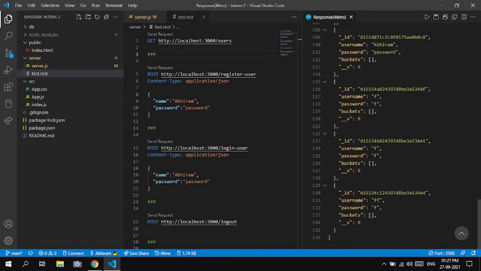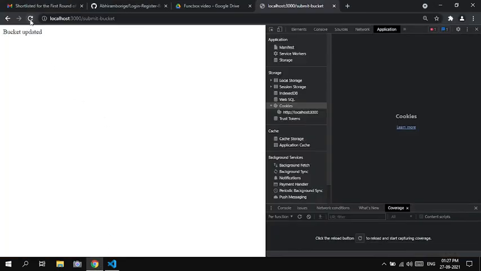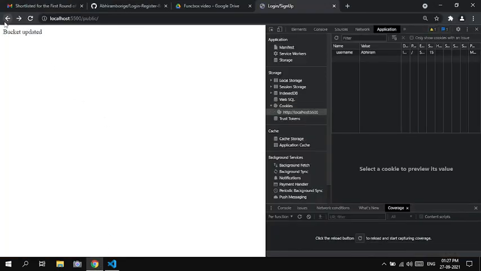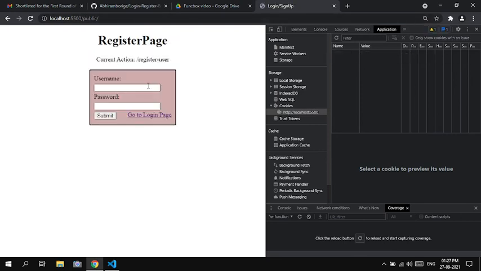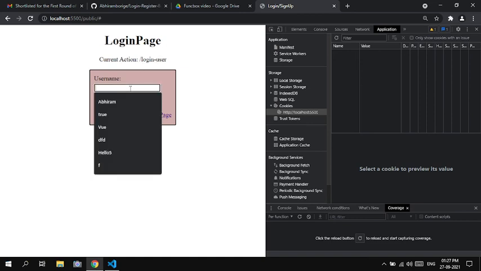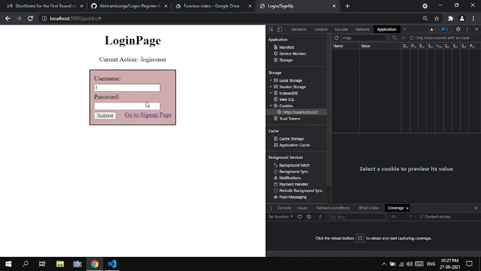So let me try with some other user, F and F. Okay, and currently there are no buckets. I will go back and log out. And as this is the register page, we'll go to the login page, login with username F and password F, submit.